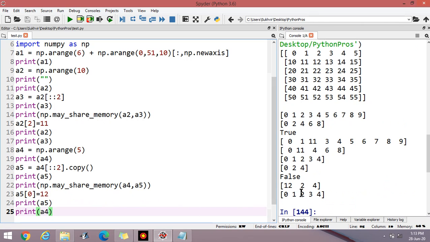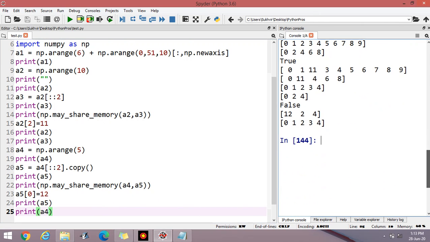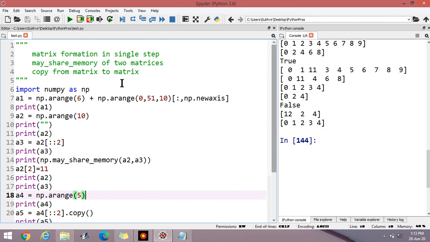There is no change. Why is there no change? Because if we copy the content, there is no change. Otherwise, if we directly develop the matrix, then it can share the memory. Hope you understand the content.